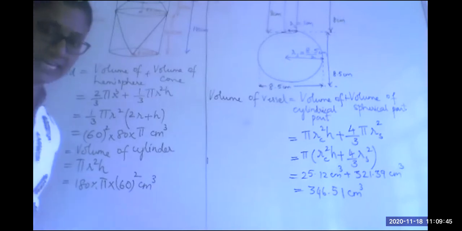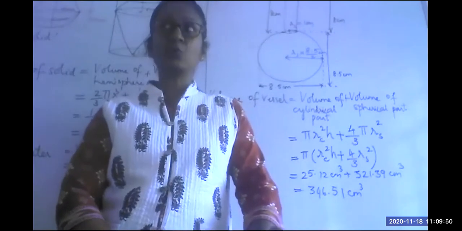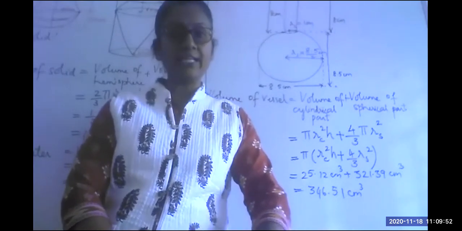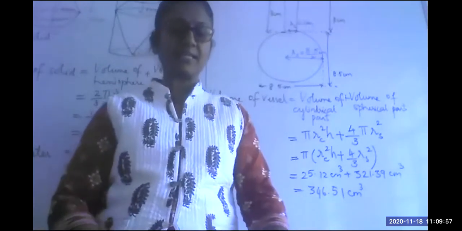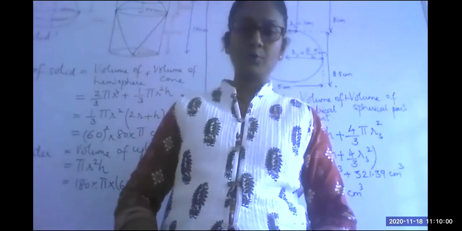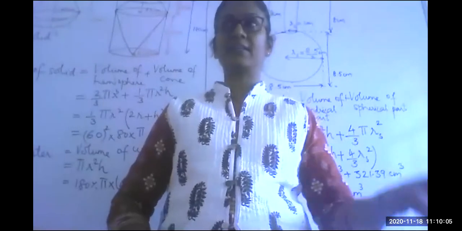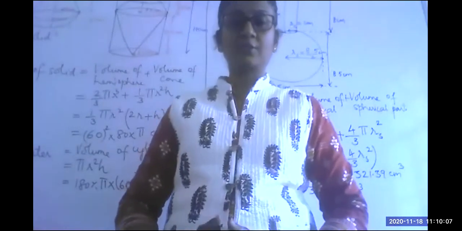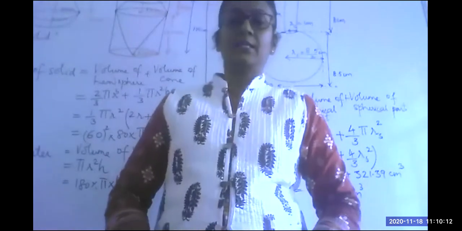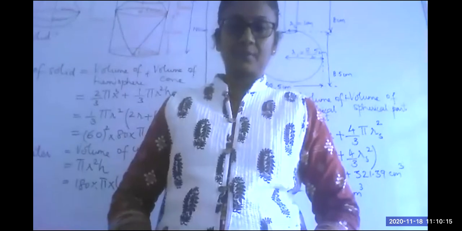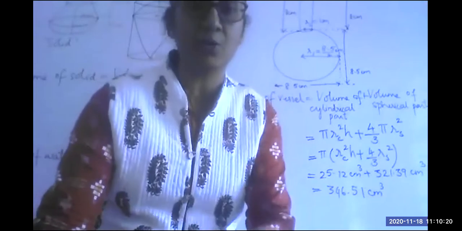Before we move in there, I have two more formulas to be introduced into your formula page. I told you in the beginning itself, we have only dealt with the solids which we have already learned in class 9. That is, we started with cube, cuboid, cylinder, cone, sphere and the hemisphere. Using that, we could calculate the surface area and the volume of combination of solids. So there's one more important solid which we are going to see today, which is the hollow cylinder. How is a hollow cylinder different from a solid cylinder is what we will see now.